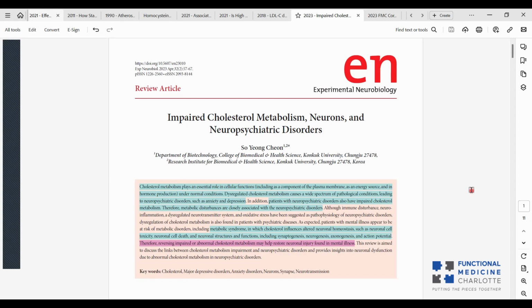And this matters because this can impact your risk for Parkinson's disease, Alzheimer's disease, Huntington's disease, anxiety, depression, all kinds of different quote unquote neurological diseases. And so let's dive in. The first paper we'll look at is from the journal Experimental Neurobiology, and this was published April 2023. So a relatively new paper entitled Impaired Cholesterol Metabolism, Neurons, and Neuropsychiatric Disorders. And it starts with